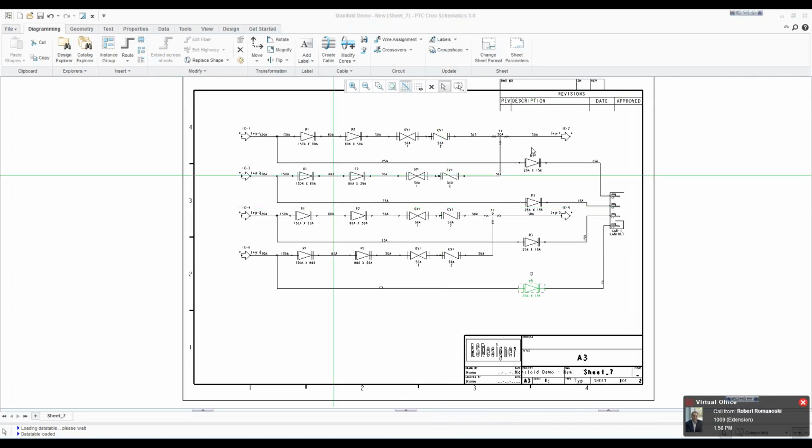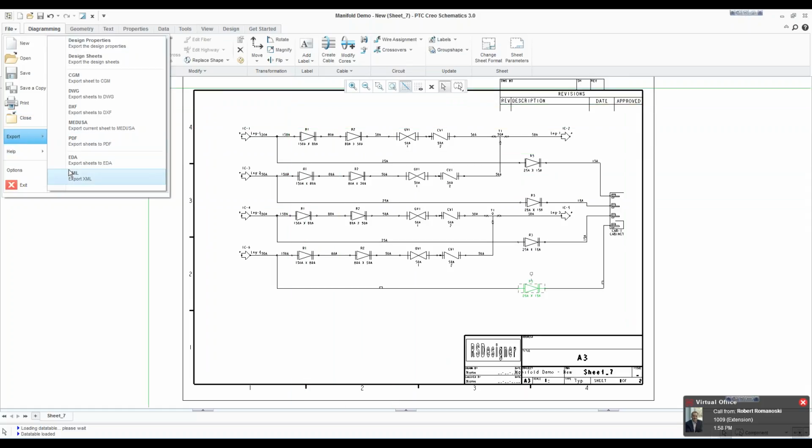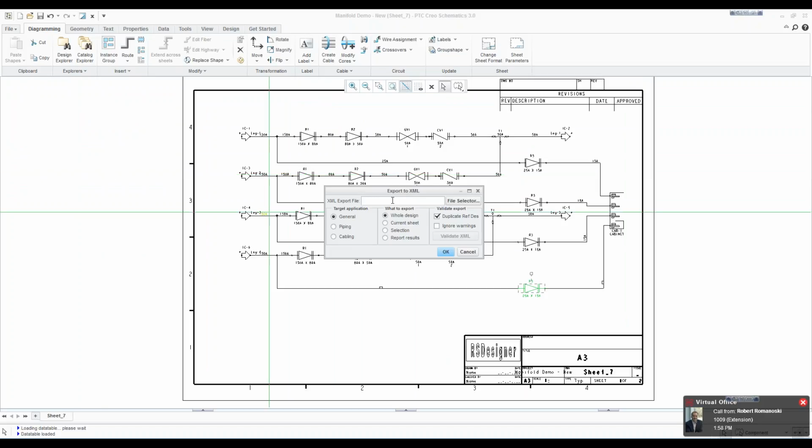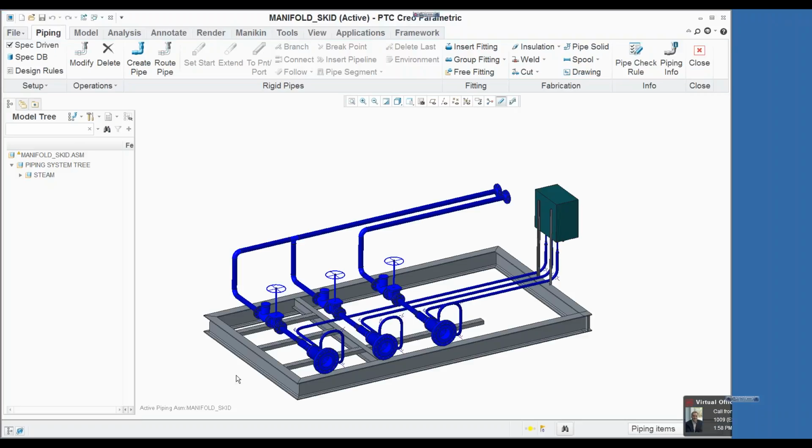So at this point, I could move, it looks good, and at this point, I can come up and say export this data from this Creo schematic. I can give it a file name, tell it I'm going to just export the sheet, and just say OK. All right. At this point, I'm going to go into Creo Parametric, and here is the Creo physical model